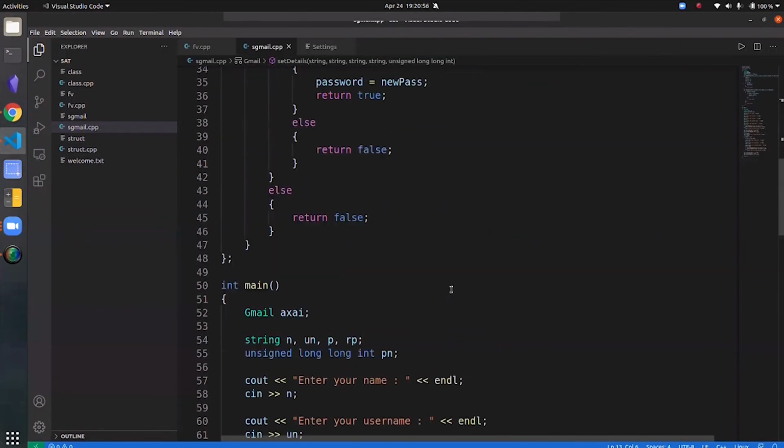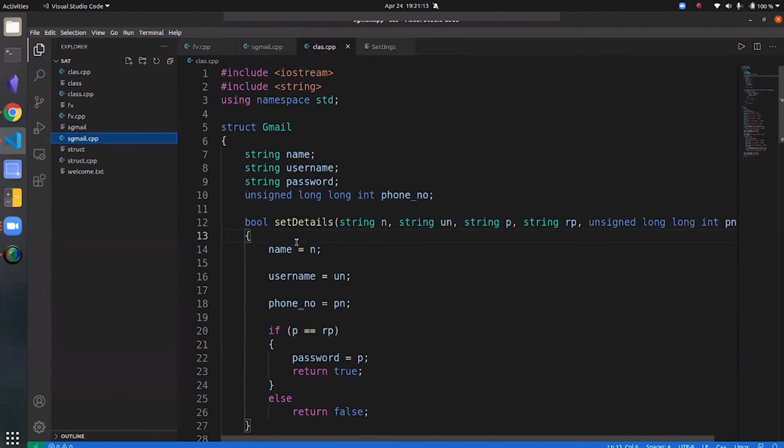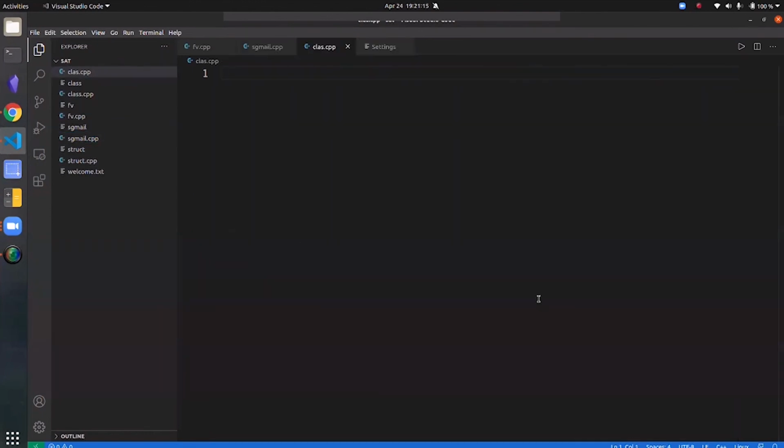So let me go ahead and show you an example, and we'll use this same exact example so that you can see how we can protect the members of our abstract data type. I'll start off by demonstrating the syntax.